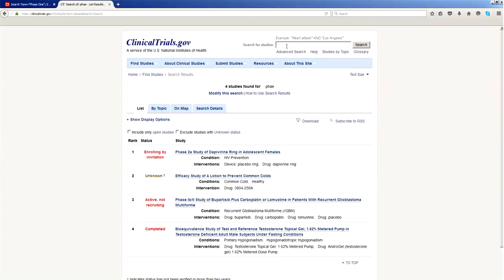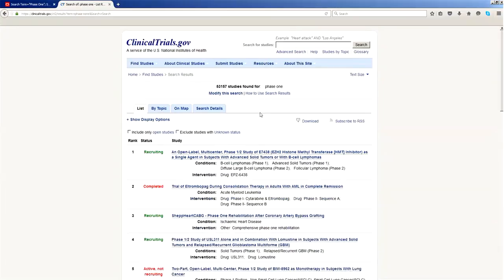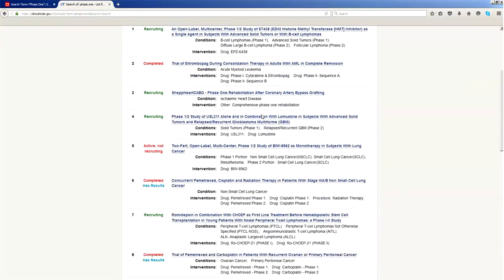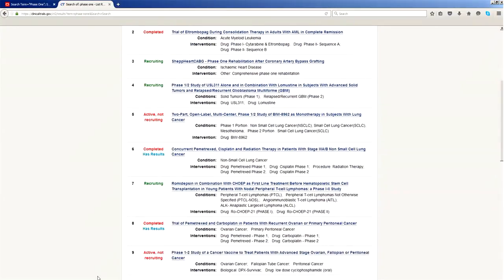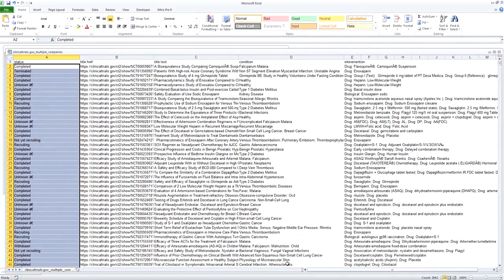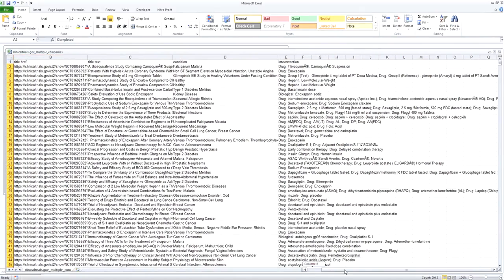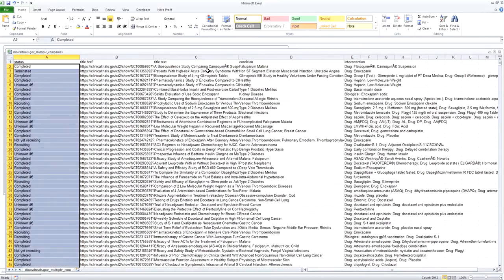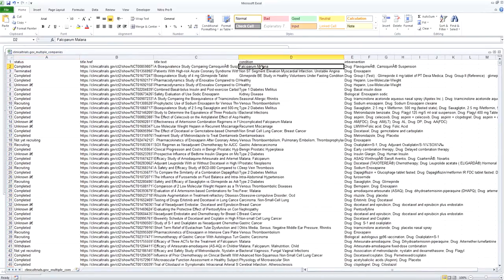Which will look something like this in terms of the search results, and which will look like this once we download the studies. You can see the attributes, a lot of rich information, the title, condition, intervention,